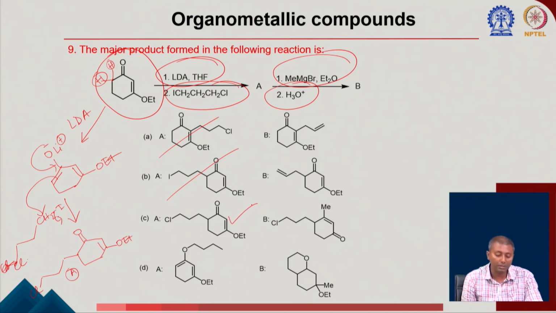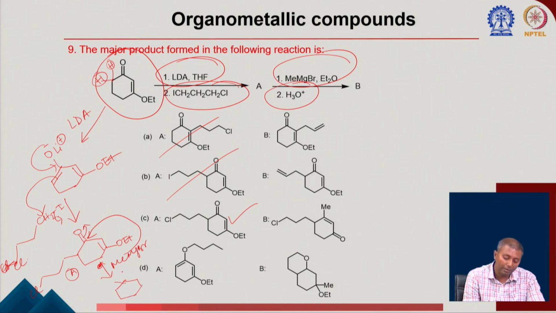Now we also have to consider what will be the option B. Again, once you got A, now if you treat with methyl magnesium bromide, what is going to happen? We know that methyl magnesium bromide is a hard reagent, so it is going to react with your carbonyl compound. That will generate this O minus and methyl here,